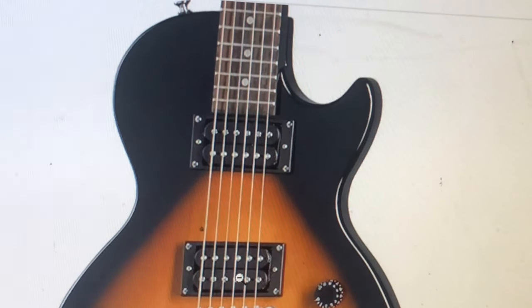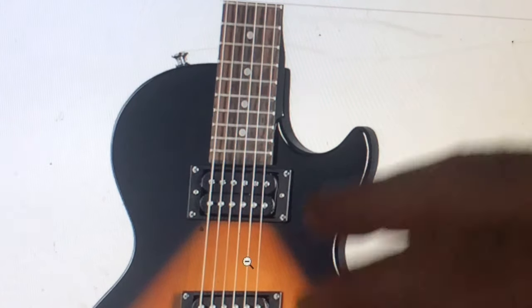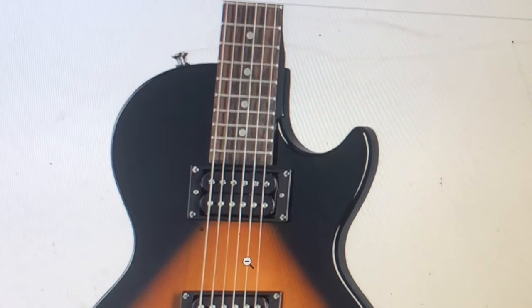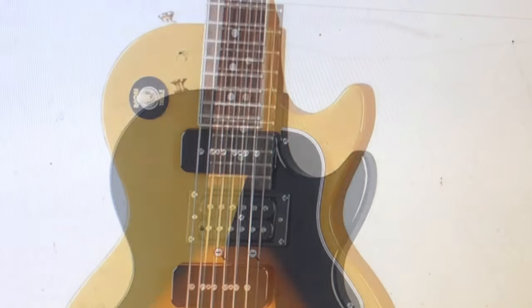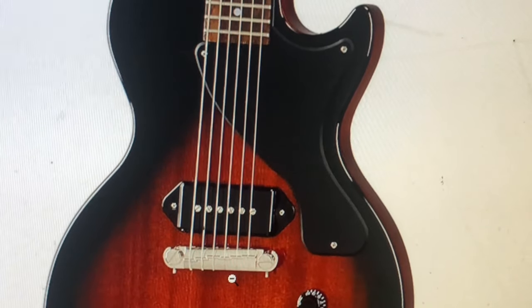But again, we can get some Wilkinson P90 pickups from Amazon for about $40, and I'm just not sure how well they're going to sound. A lot of your humbucker-size P90s are going to be in that $200 range, so you can just get an SG or maybe a Les Paul with P90s in that $400, $430, $500 range, and it might be a better option because you might already have some decent pickups in them versus getting the cheaper ones. So you can get this yellow Les Paul with P90s already in it for $500, or maybe the Les Paul Jr., which only has the single bridge pickup, for about $480, and that's a pretty